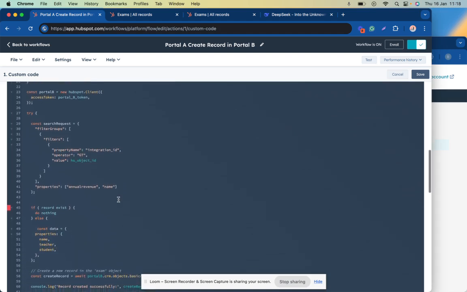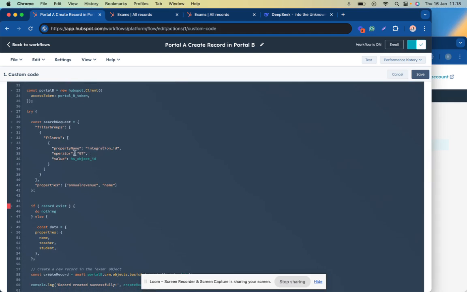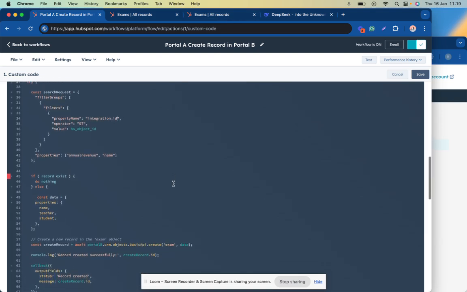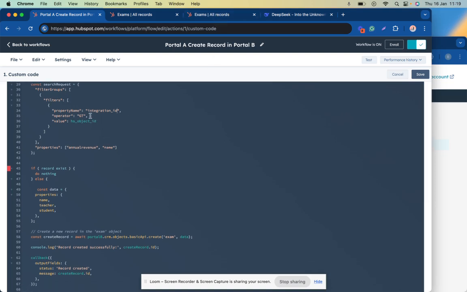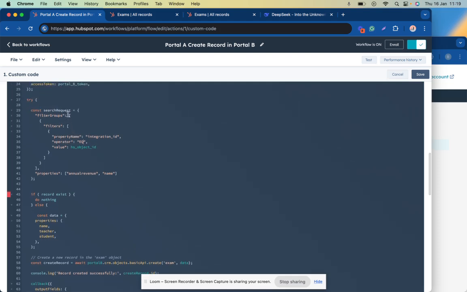Okay. So the variable name is going to always be lowercase, and if there is a space, it's going to be an underscore. But sometimes you can customize it to be without a space and so on, but that's when you're building your properties. So you must always go to the object properties and check the variable name of your property. So we have integration ID there, and here we're going to put equal. If it's equal there, check it there, and after that here we're going to do